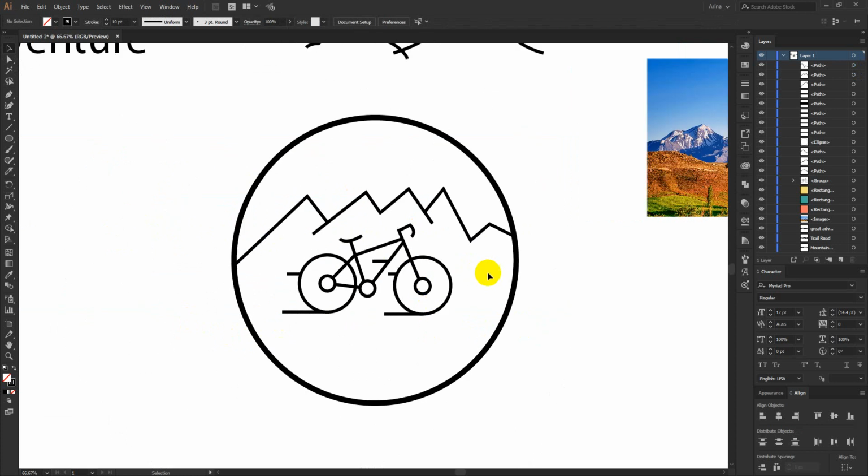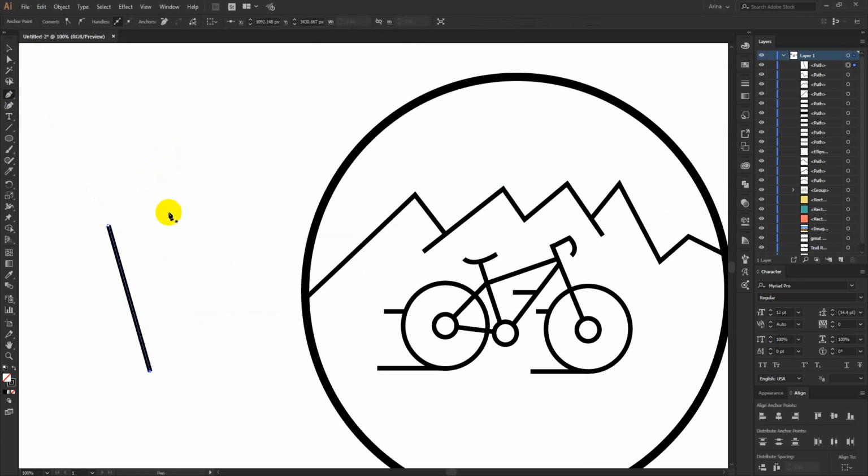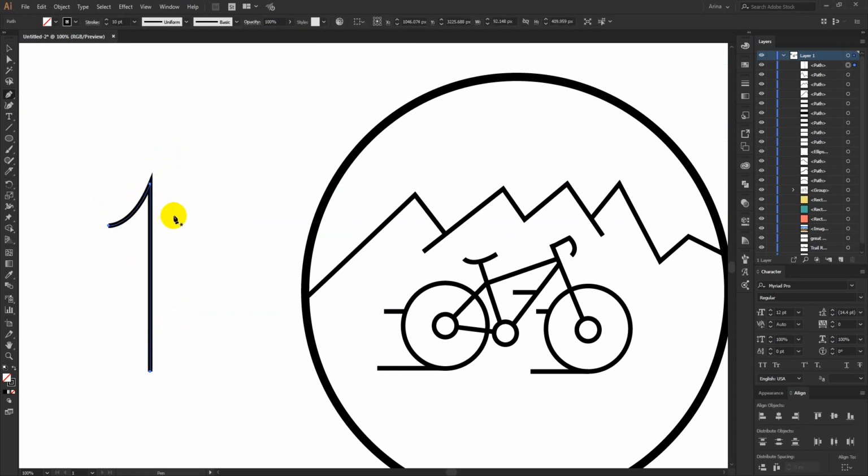Now I need to add some trees here. I am just using very simple shapes to make a tree. You don't have to work with premium vectors or something like that every time.